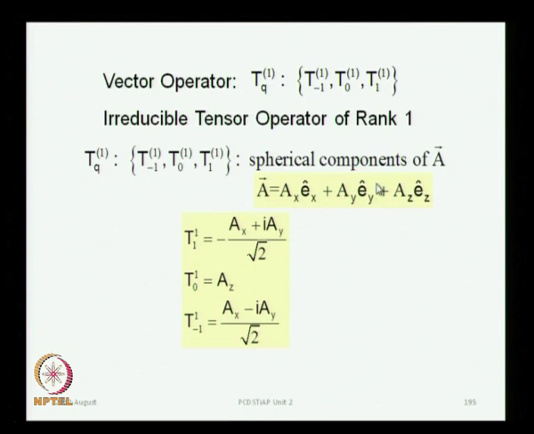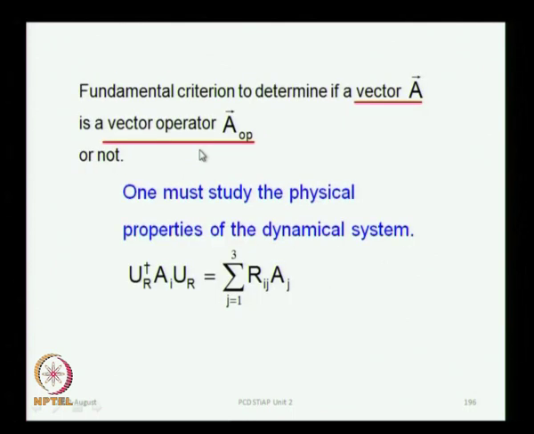They both define essentially the same vector operator. So, it is just a matter of expressing them either in Cartesian components or in spherical components. It is much nicer to express them in spherical terms, because that is how the algebra of angular momentum is developed. And to study the fundamental criterion of when a vector A is a vector operator, one must study this